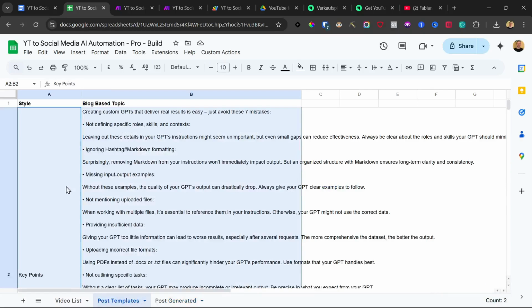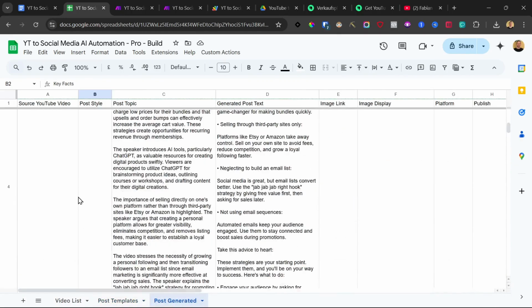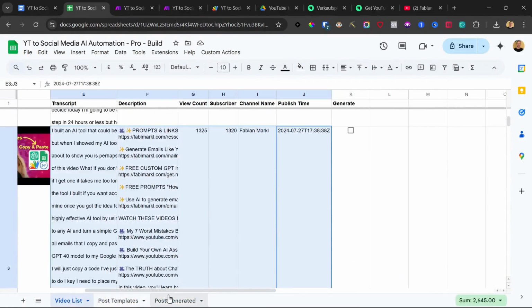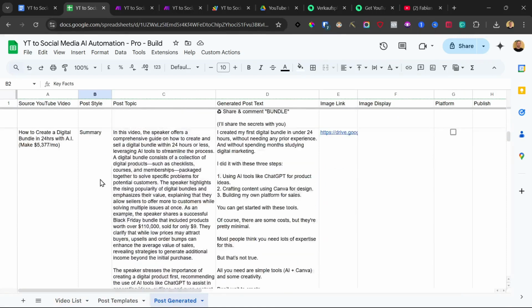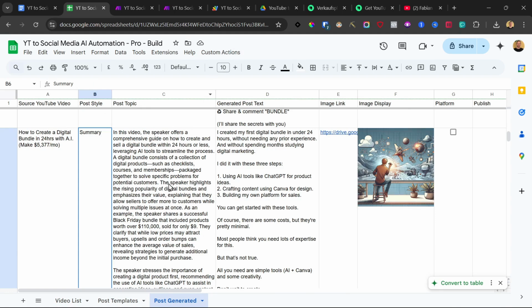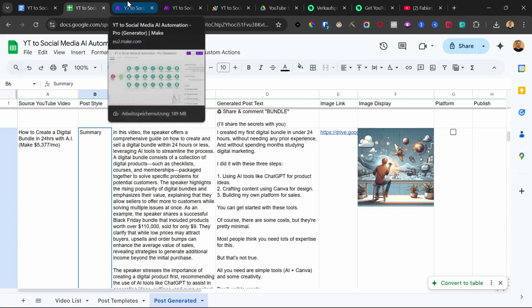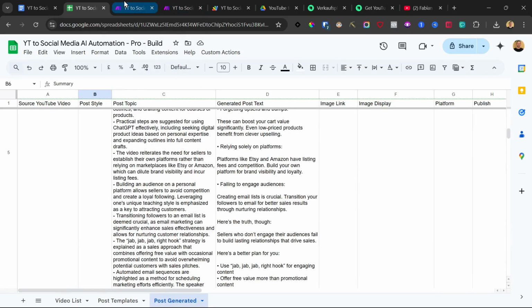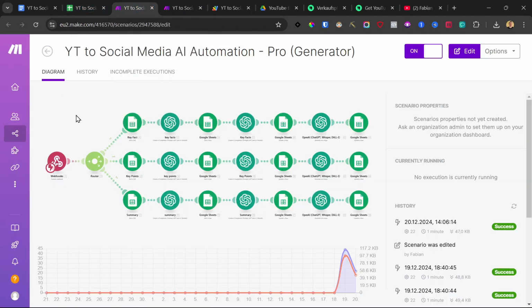based on these templates. So it will analyze the key points of this video and turn it into a post, the key facts and the summary of the video. So you have 3 posts generated from 1 video. And you can even expand it to turn 1 YouTube video into 4, 5, 6, 7 or more different types of posts. I have a specific tutorial where I show you how to expand this. But first, let's set up this version, which allows you to turn 1 YouTube video into these 3 different